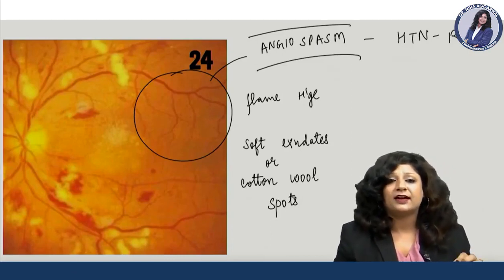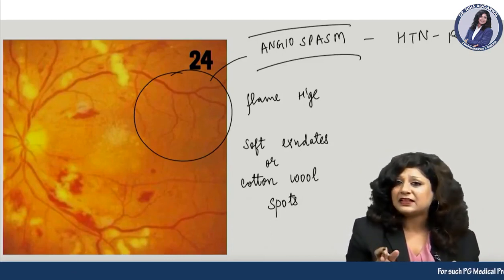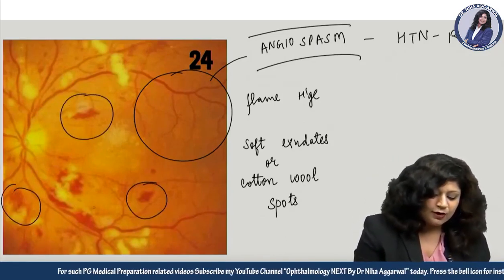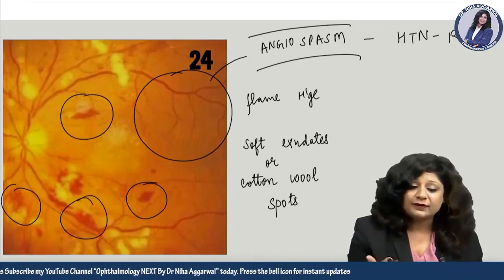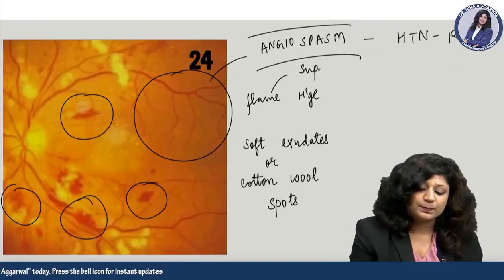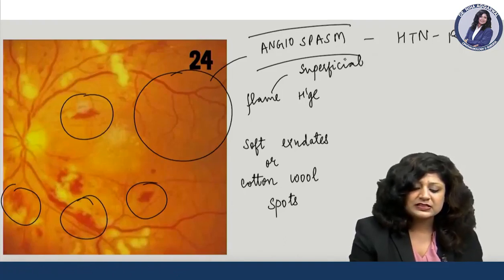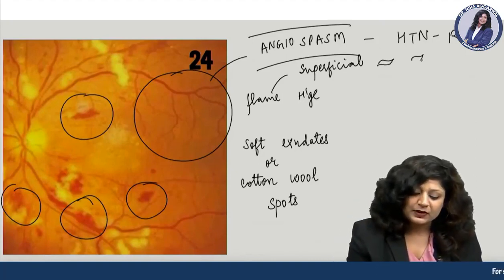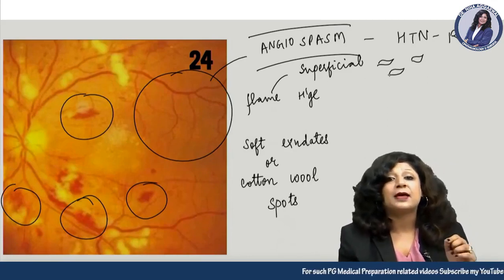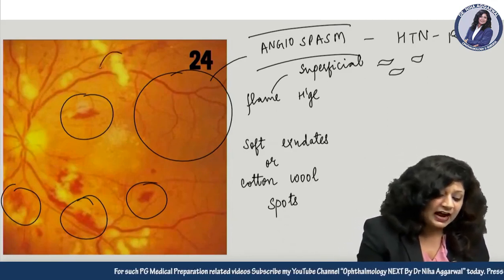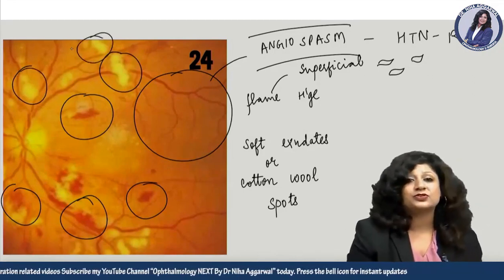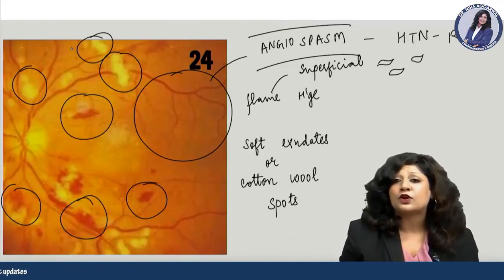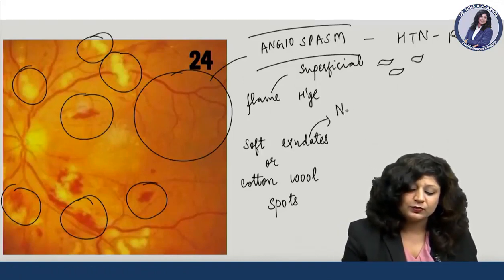Now, let us check here, do we get flame-shaped hemorrhages and cotton wool spots here? Look at the shape of the hemorrhages. Yes, they are actually flame-shaped hemorrhages. Why are they flame-shaped? Because they are superficial hemorrhages. Because these hemorrhages are superficial, they take the shape of a flame, so they are called flame-shaped hemorrhages, while these exudates are large, fluffy, lordaceous. Can you see? These large, fluffy exudates are called cotton wool spots or soft exudates, which are actually the neuronal